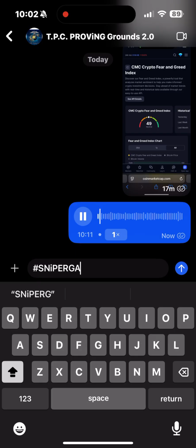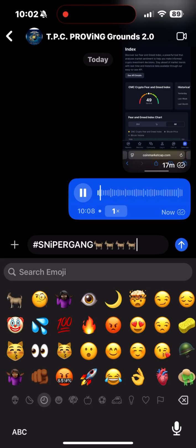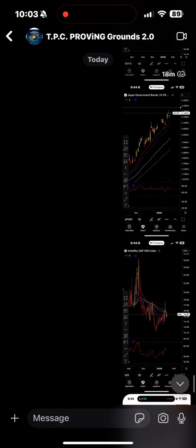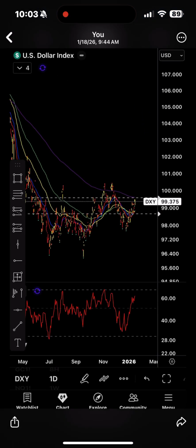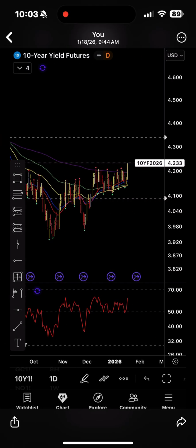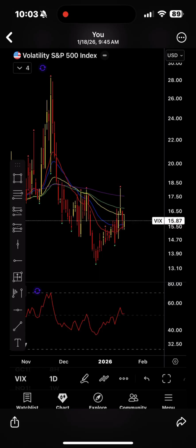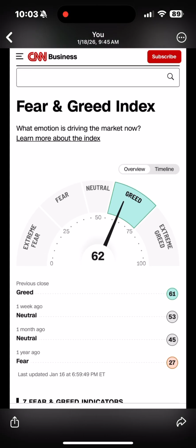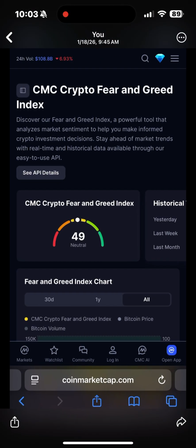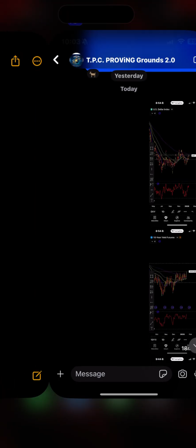The gauntlet consists of the US dollar, the 10-year yield of the US dollar, and the 10-year yield of the Japanese yen. We don't really follow the yen, but its 10-year yield is important because of where it's positioned. Then the volatility index for the stock market, the fear and greed index for the stock market, and the fear and greed index for the crypto market create our gauntlet. We want to see the timestamp before the market opens, and then we go week by week to see how it fluctuates.